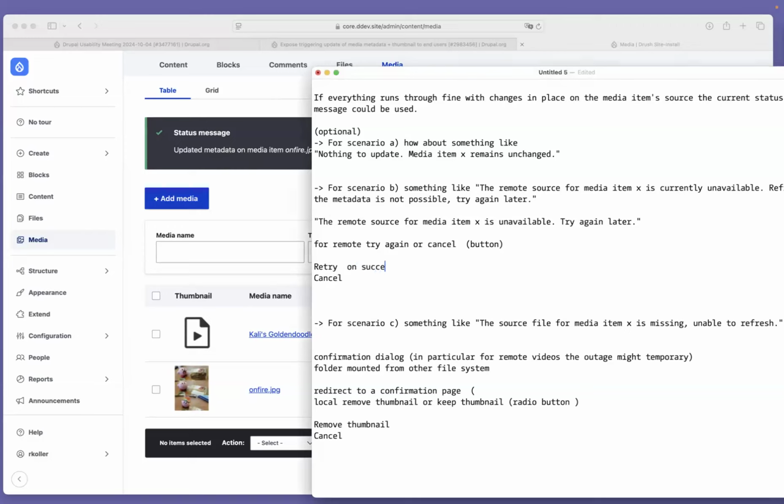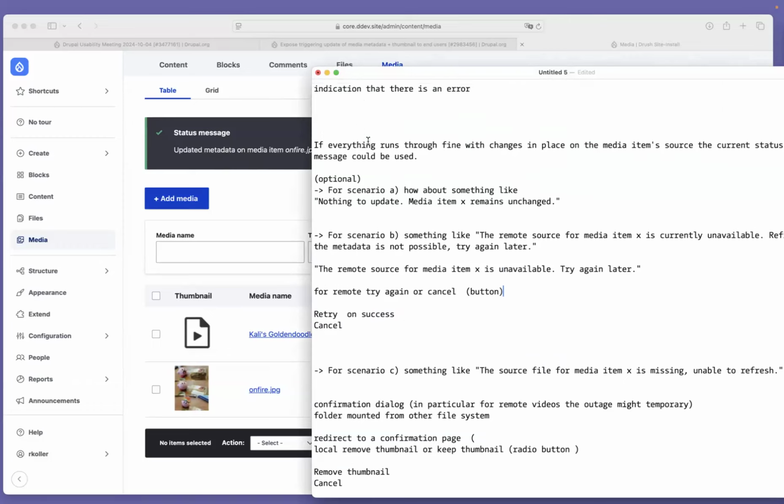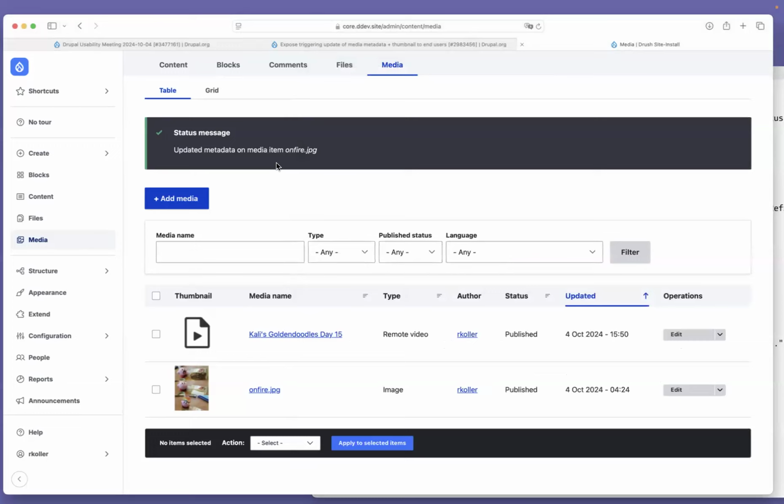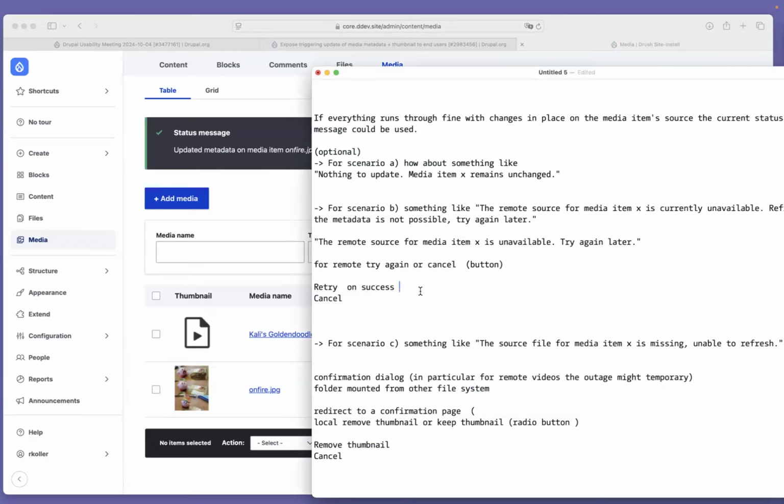On success, it's the normal success message, for example, updated metadata on media item. Otherwise, confirmation form again.